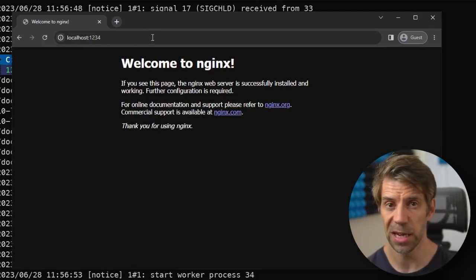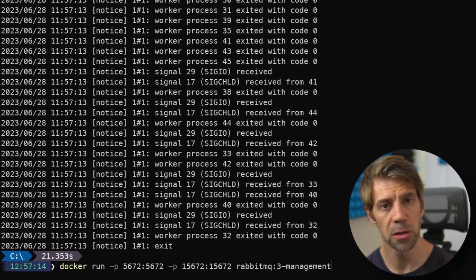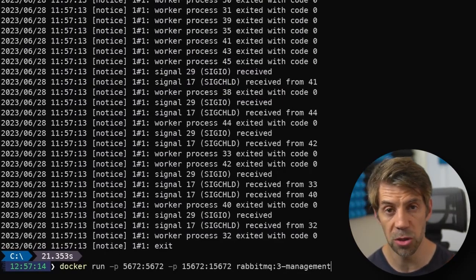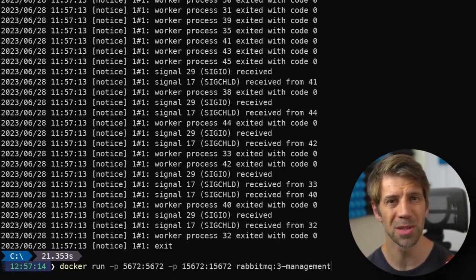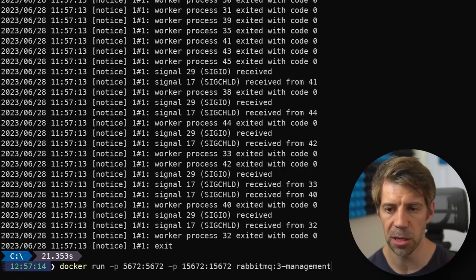Another thing that's worth pointing out is you can specify -p multiple times. So in this example, RabbitMQ, 5672 is the port that your software would do publish and subscribe to, so it's the AMQP protocol. The 15672 is the web user interface for RabbitMQ, and here we're specifying both. So if I run this now,